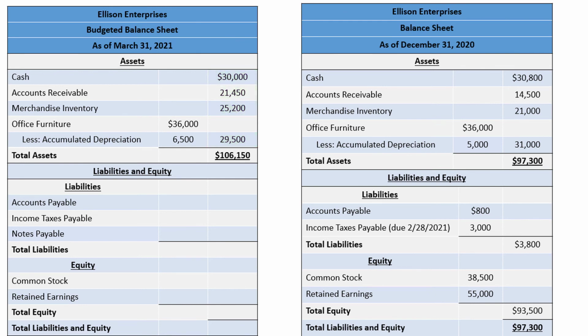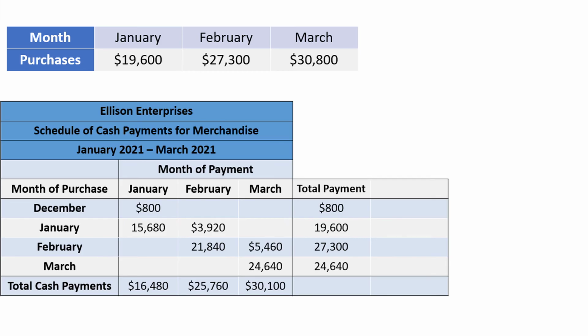First, the accounts payable, which for this company is only related to merchandise purchases. We need to look to the merchandise purchases budget as well as the schedule of cash payments for merchandise to determine the accounts payable balance. At the top of the screen, I have the end result from the purchases budget, and below I have the schedule of cash payments for merchandise. We use a similar process to what we used when we found the accounts receivable balance. Remember that all merchandise purchases are paid for within 1 month of the sale, so theoretically we should only have an accounts payable balance from March purchases, but we will verify that here.